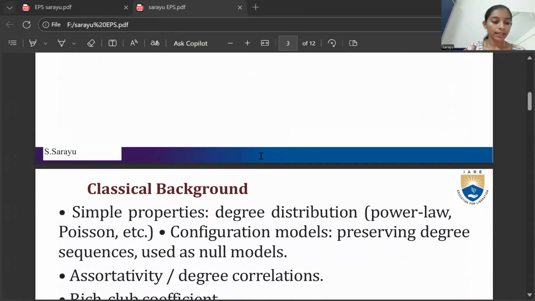In a simple, undirected network, G = (V, E), each node v belongs to V and has a degree d(v), which is the number of edges incident on v. The degree sequence of the network is the list of all node degrees, typically sorted in non-increasing order: d1 ≥ d2 ≥ and so on ≥ dn, where n